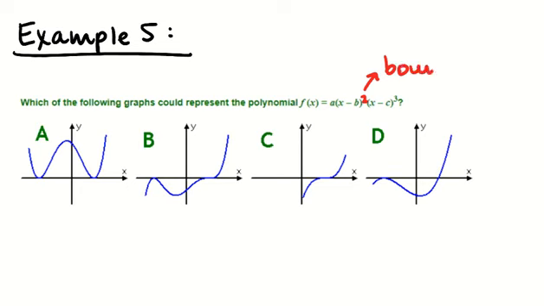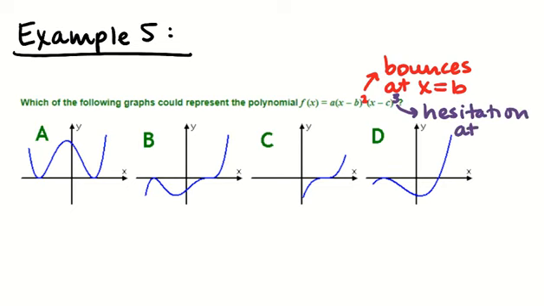whatever that is. And then this x minus c to the 3rd power means it's going to have a 0 and a sign change at x equals c, but it's going to be hesitant when it does it. So it's going to have a hesitation at x equals c. The only graph on here that has a bounce and a hesitation is option